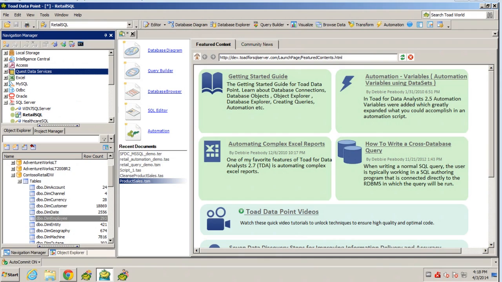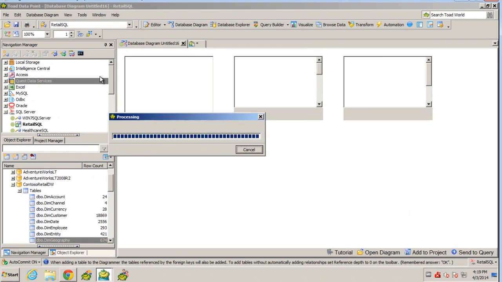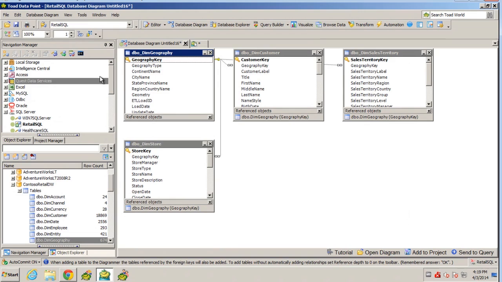Using Toad Data Point, we can quickly visualize our database relationships and can create new ones on the fly. To begin with, I will choose a dimensional table from Contoso. I will right-click on Dim Geography and choose Database Diagram. This will send Dim Geography to the diagrammer, and it will also show all the level 1 dependencies from that